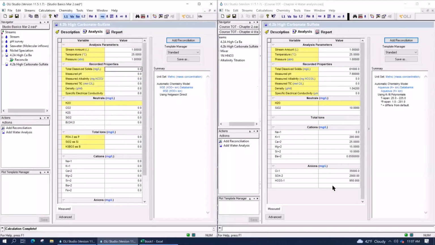So now I've got a TDS of 61,000, measured pH of 7.8, density of 1.042. Then the silica is 10, potassium 200, calcium 25, mag 15, strontium 10, barium 0.05.